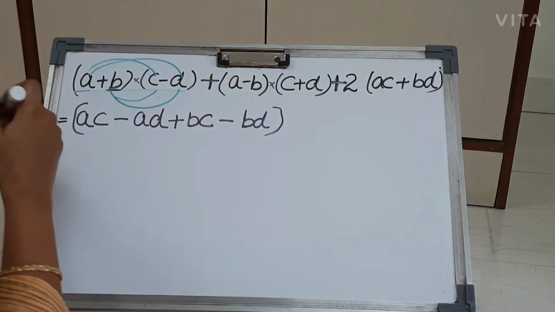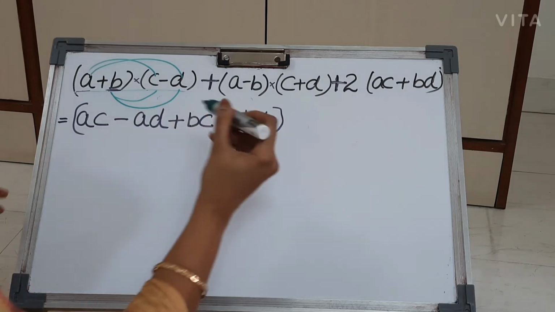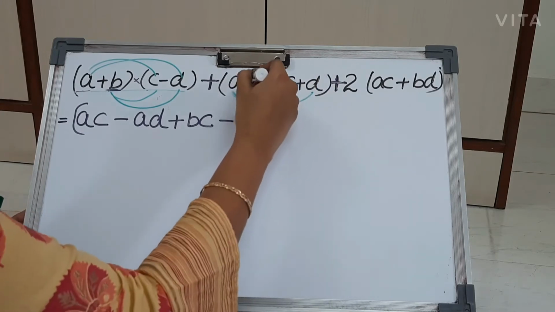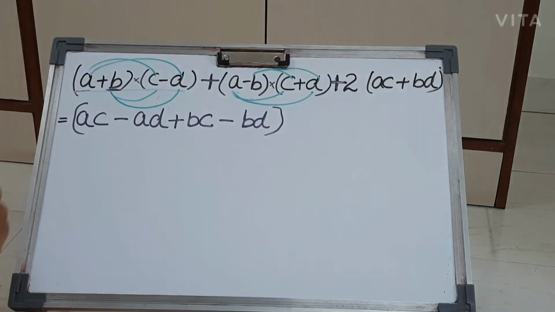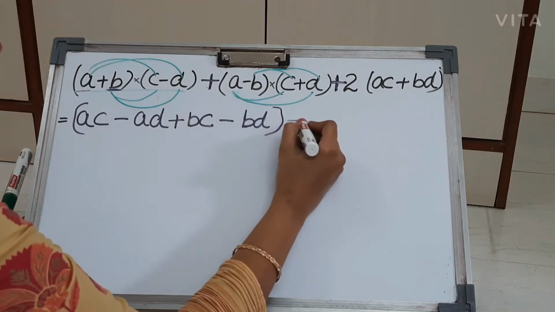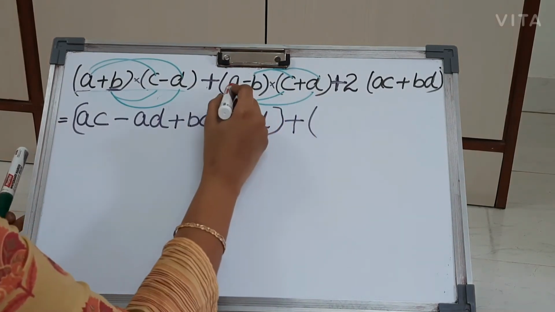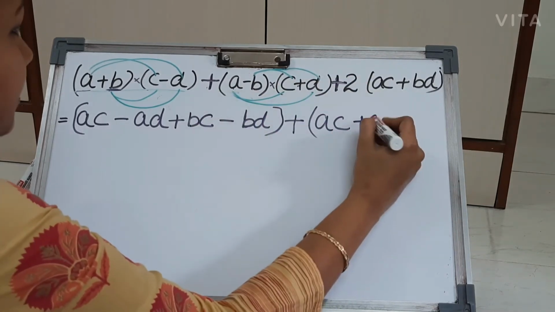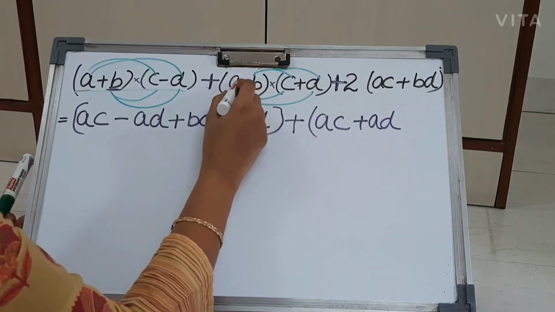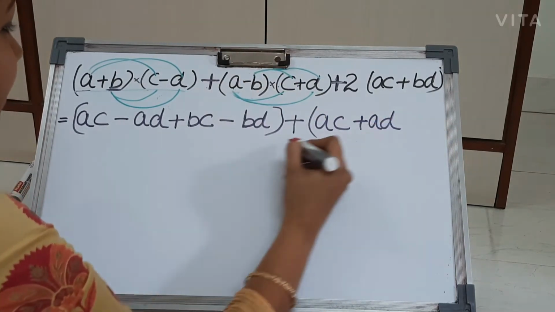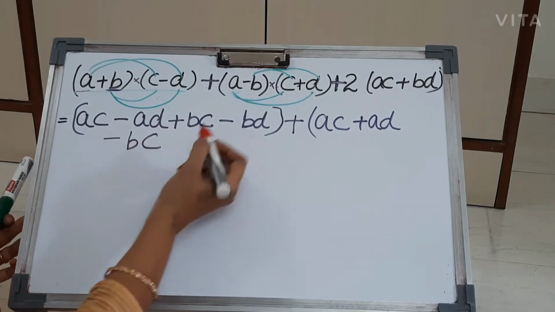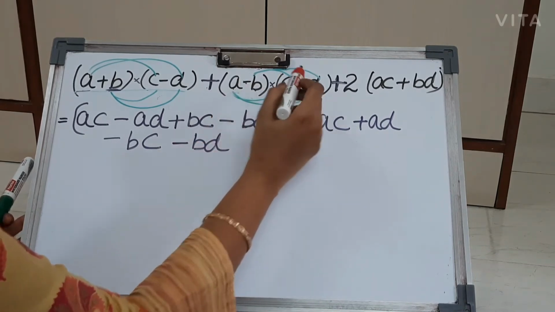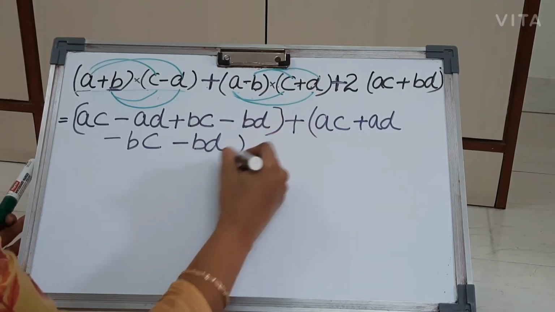Now starting with the second bracket here. Again we will do the same thing. First we will take this A part, AC, AD, BC, BD. Okay, one by one. So what is the sign here again? Now we will do AC, AD, plus sign because here it is plus, AD. Now again minus and plus is minus. So we will write here minus BC, minus BD. Why? Because here minus sign, here plus sign. So we will multiply here minus BD. This is the second bracket.